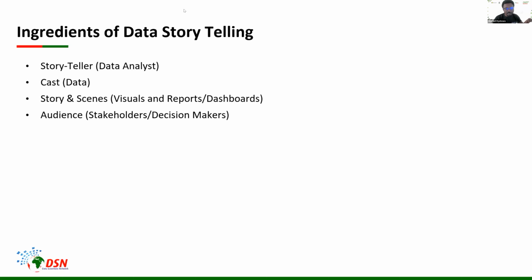And if you think about it properly, if you look at this, my list of 4 items, what do you think comes first for you, the storyteller? Let me see what your opinions are. What comes first for you, the storyteller? Okay, so I see data. Any contrary opinion? Everybody says data. Yeah, the cast, the data.